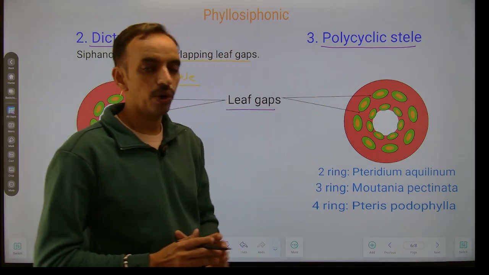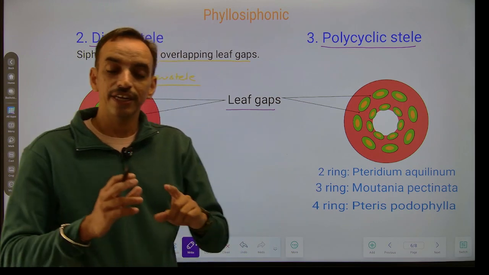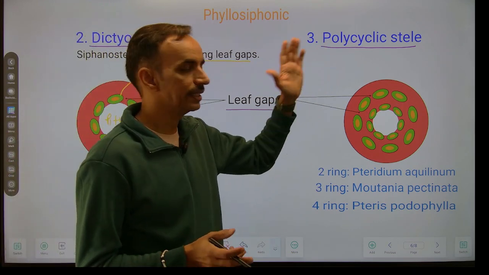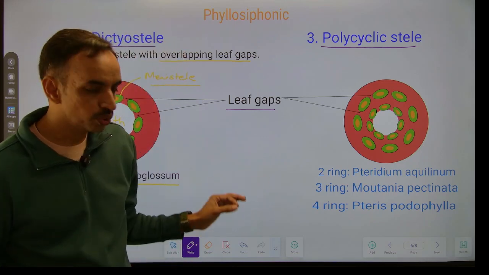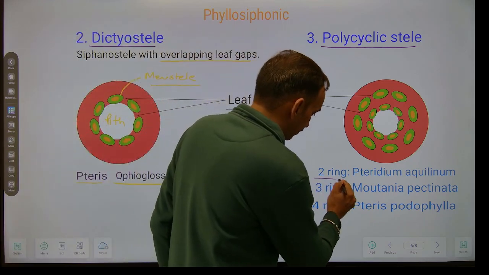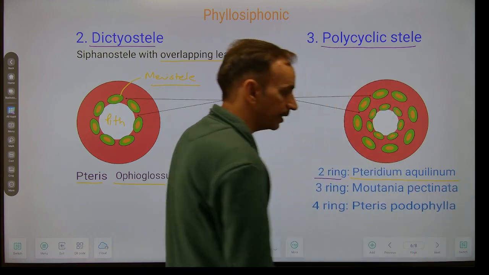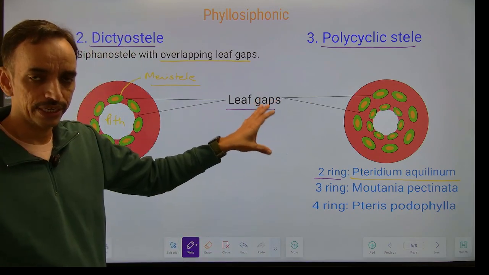Next condition is the polycyclic stele. Again we are having the meristeles but they are arranged in more than one ring. Then it is called as the polycyclic stele. इसकी अगर बात करें तो टू रिंग्स अपने को देखने को मिलती हैं. वेरिएशंस हैं इसके अंदर भी. टेरिडियम एक्विलाइनम के अंदर दो रिंग्स के अंदर आपको देखने को मिलेंगे जैसा अपन ऑब्जर्व कर सकते हैं डायग्राम के